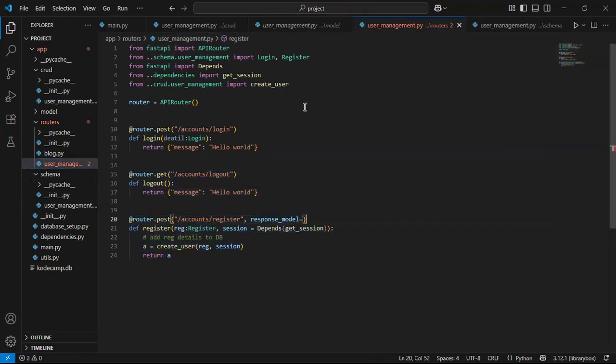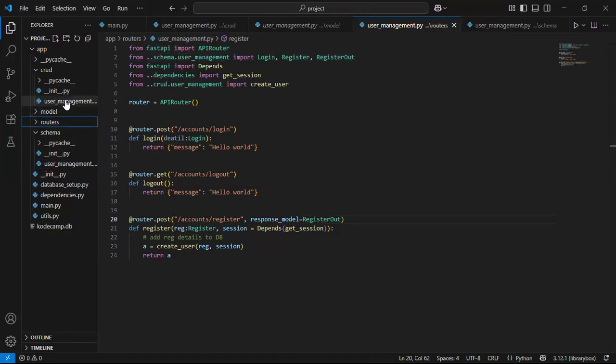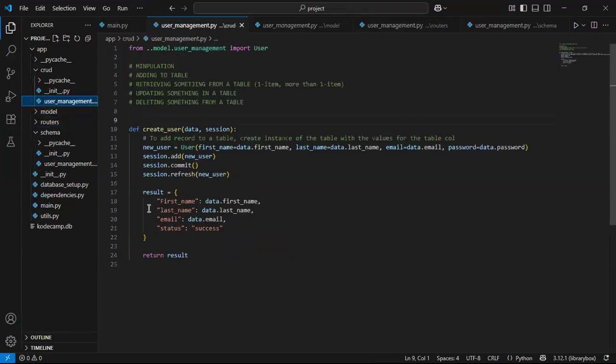I have to bring in that model to the router. That model to the router is available in the register out. So it's the same file that contains this register that contains register out, right? So just come here, copy this and add this here, right? And then go back to my CRUD, right? And then I'll just comment all this out,